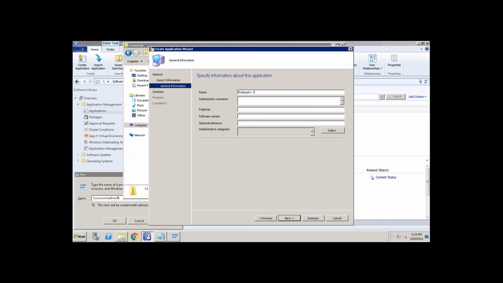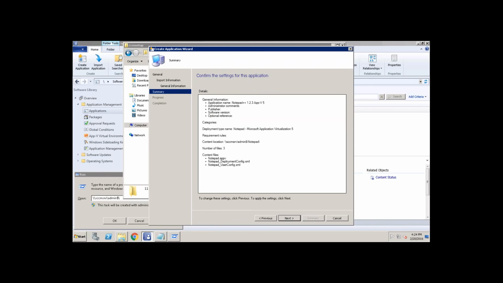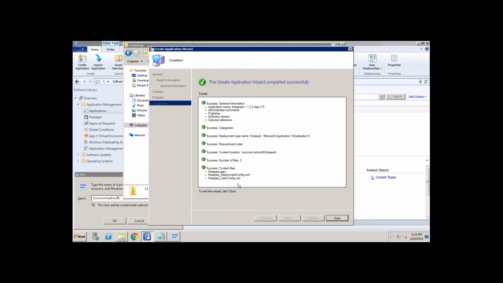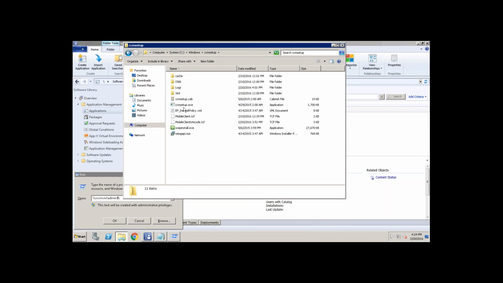Notepad plus plus. Okay, two packages are created.